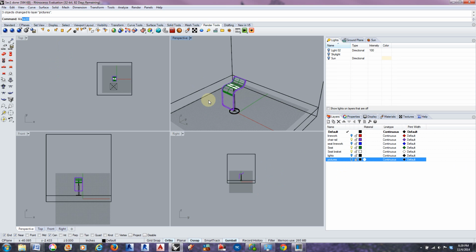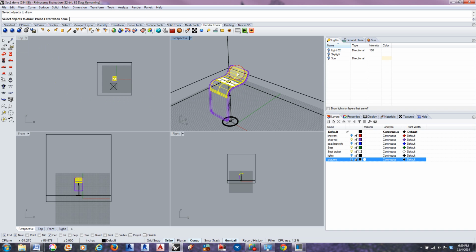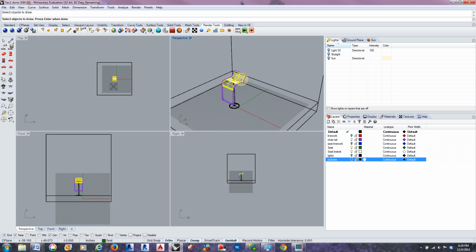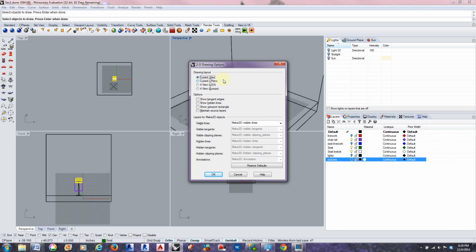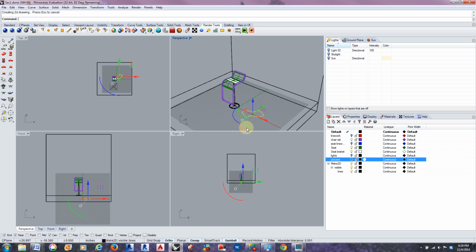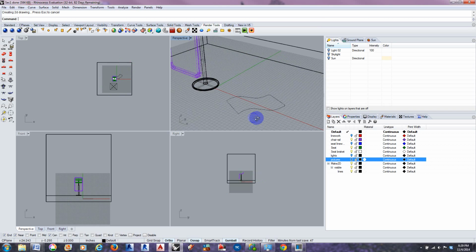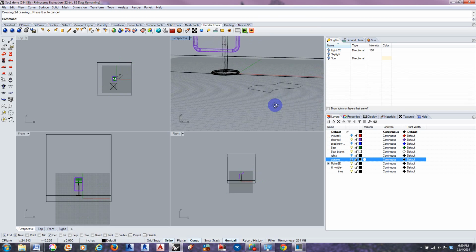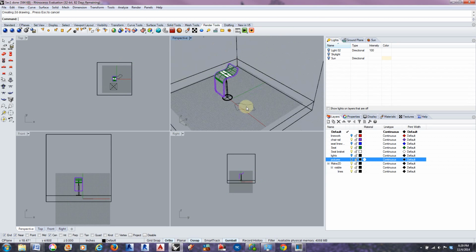If you type in make 2D, you can select a particular object and hit enter. You can apply it to a certain layer if you want, but what it does is it flattens that to a 2D. So it flattened this shape to